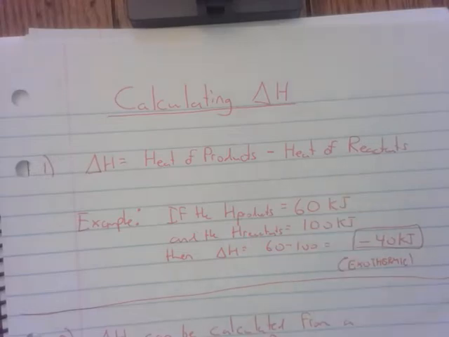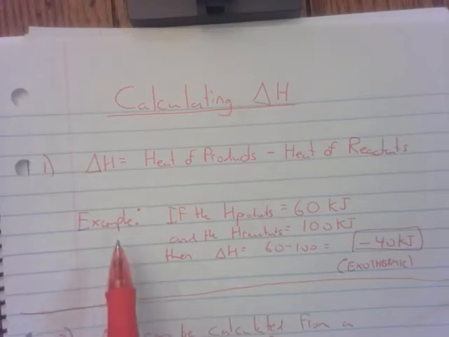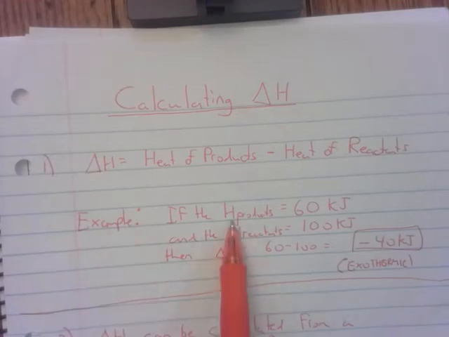The first example I want to give you is, what if I just give you the information directly? The heat of the products, I'm going to abbreviate that as H products, is 60 kilojoules, and the heat of the reactants is 100 kilojoules. So using this formula up here,